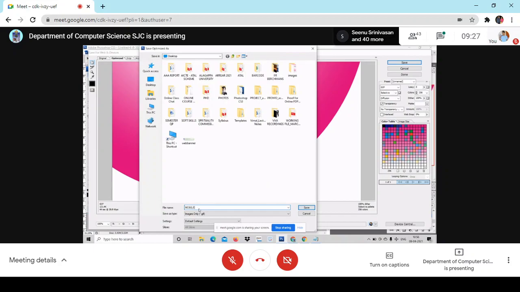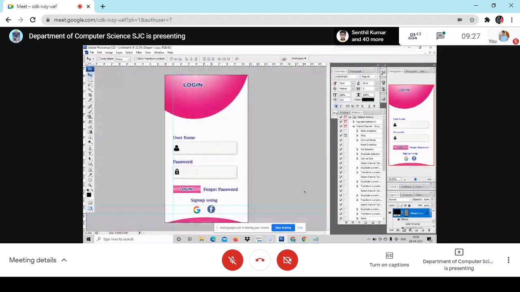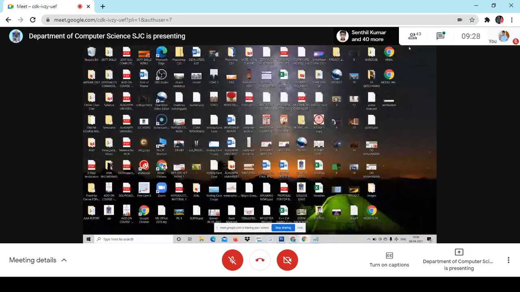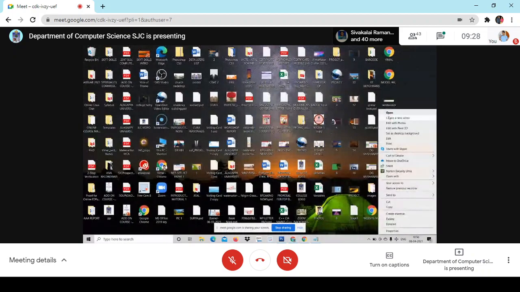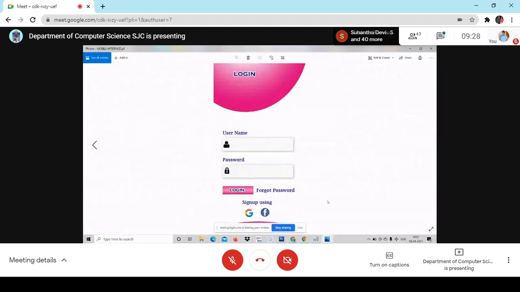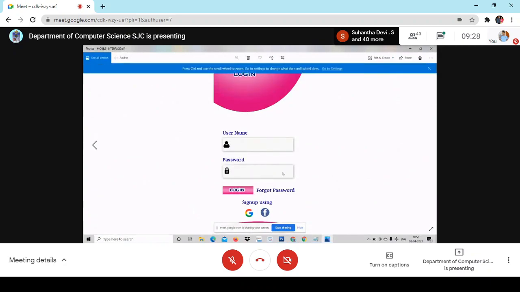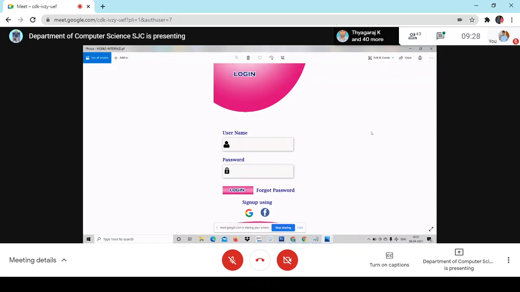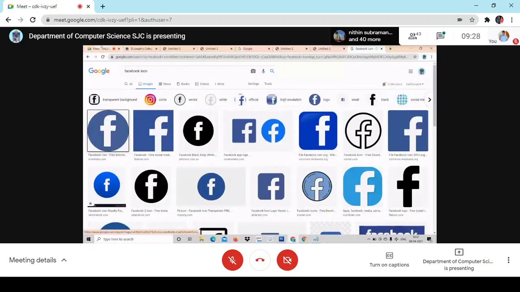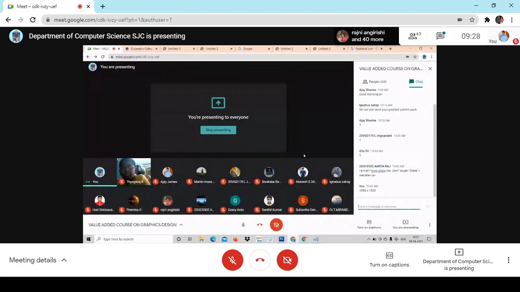Mobile interface. If you know a little bit of Java, if you know a little bit of XML, you'll be able to make the design for Android or even iPhone designs, right? I just open this and show you. See here. See the user interface design. Am I clear to you? See, the design is ready for a mobile. Okay, right. Now, would you like to have any clarification? Any clarification? No, sir.